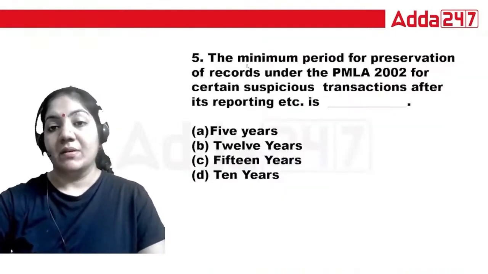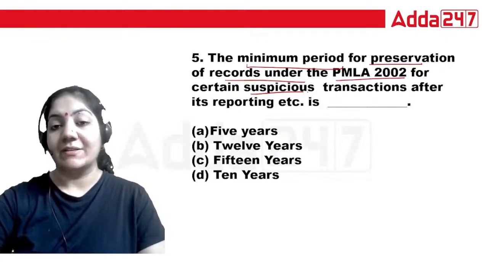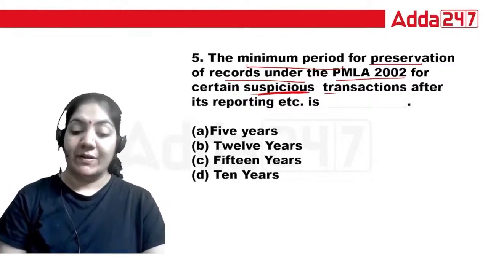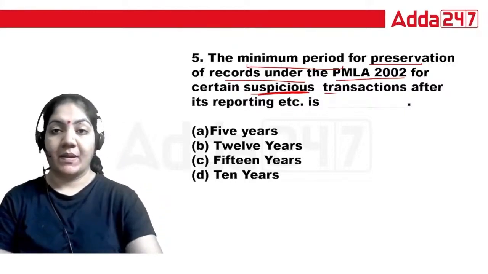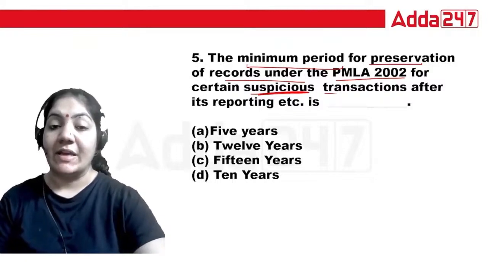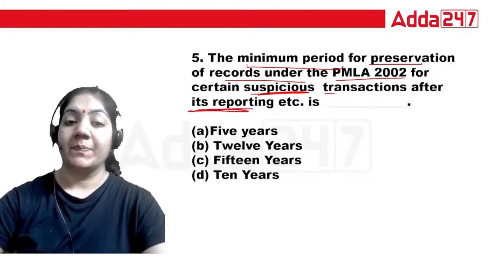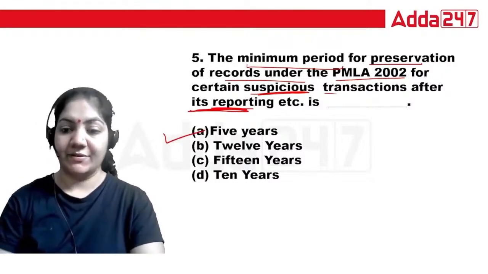Now, the minimum period for preservation of records under the Prevention of Money Laundering Act for certain suspicious transactions after their reporting is what? 5 years, 12 years, 15 years, or 10 years? What is the right answer for the fifth one? So that should be 5 years. For the fifth, A is the right answer. Okay, now